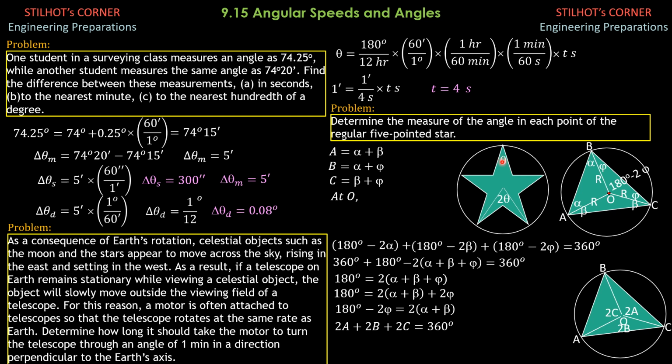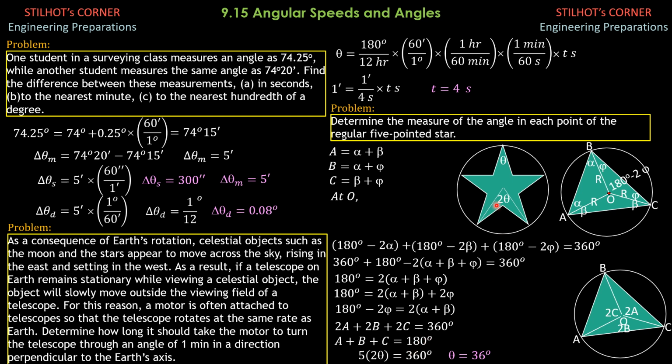Since there are 5 thetas here, this theta, this is the central angle, that's why we have 2 theta here. So for one revolution, 5 times 2 theta equals 360 degrees. That's the relationship. Double A plus double B plus double C is double of quantity A plus B plus C, and A plus B plus C is 180. That's why it's 360 degrees. So here we have A plus B plus C equals 180 degrees. So that's one proof that the sum of the interior angles of a triangle is 180 degrees.